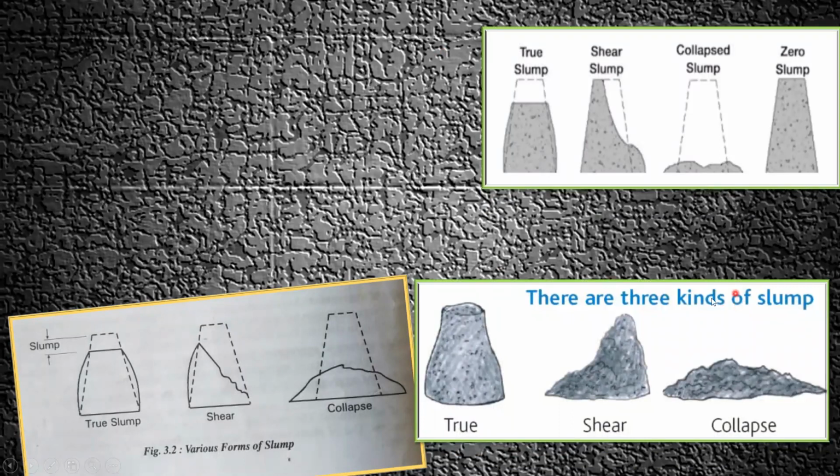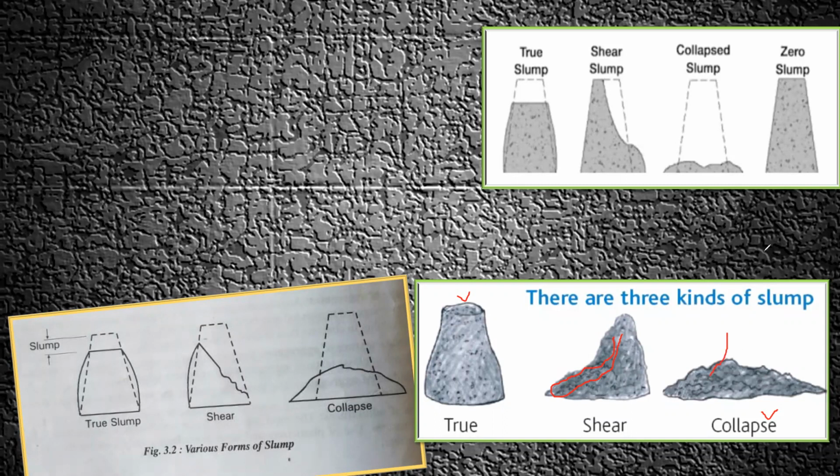there are three kinds of slump usually. The first is a true slump. You can see it here, no? So this is called as true slump. The second one is called a shear slump. Why? Because this much portion has got sheared off, right? Due to less cement paste and all. So that is called a shear slump. And third is called as collapse. So the collapse means there's more water contained in this, or let us say there was more water cement ratio. So that is the reason there is a collapse of this.